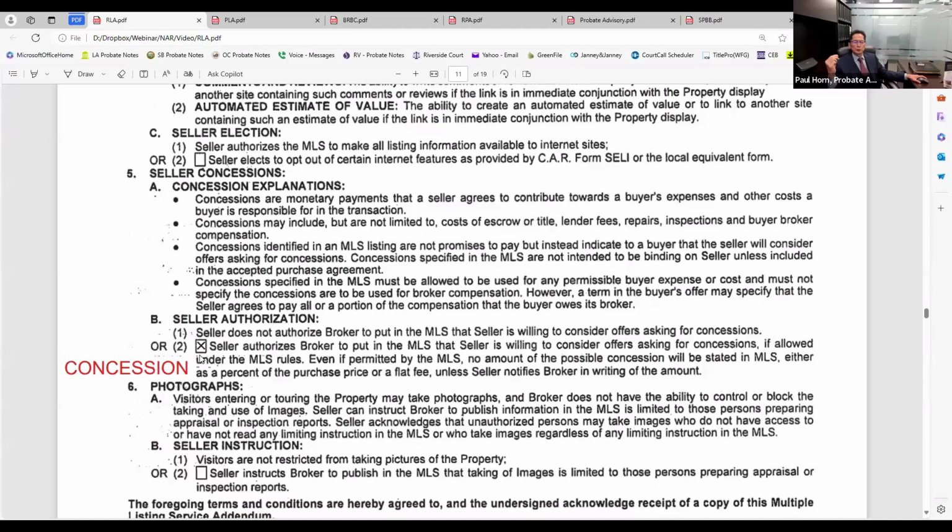You want to probably, if the seller has sold a home before, if the seller says, come on, I want to give a concession. I want to do it. I want to give whatever, 2%, 2.5% to the buyer's agent.